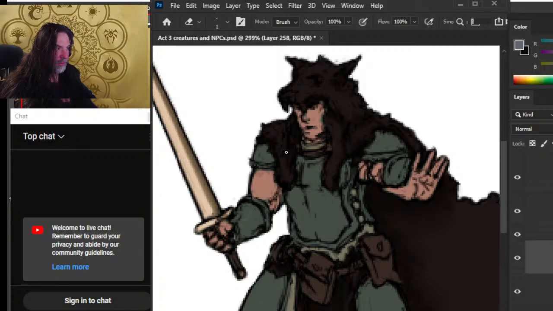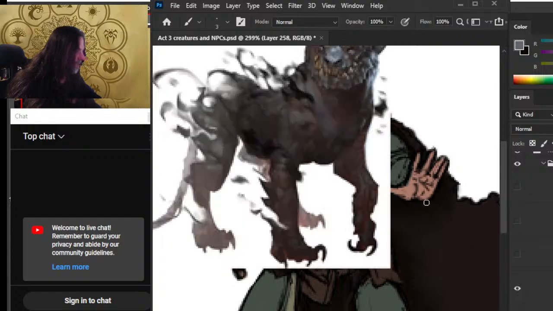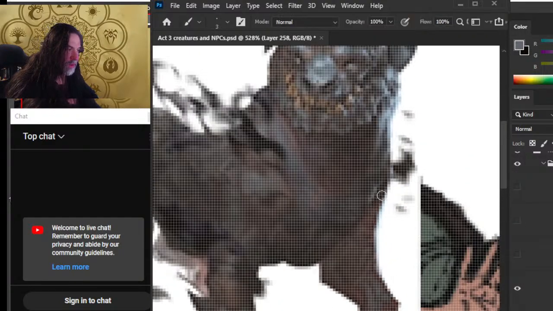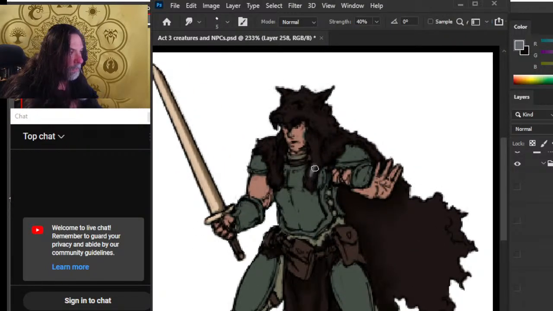Add a new layer for the highlights. Here's the highlight color that we picked off of our reference, and that's coming from this highlight here. So we're going to look at where light is going to hit on the pelt here.